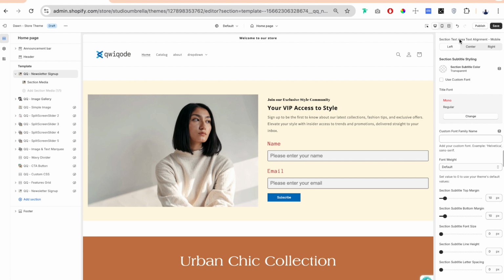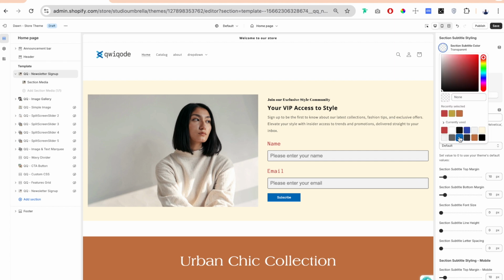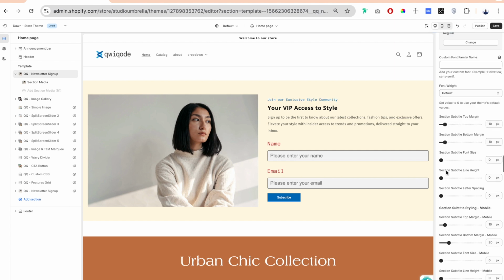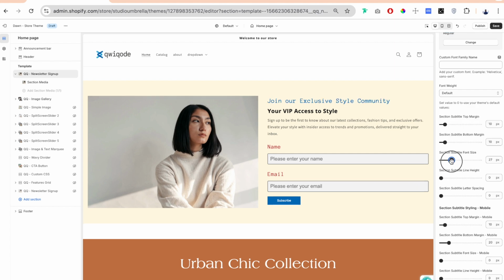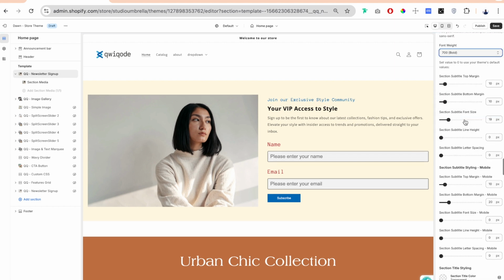And we also have the text alignment option for mobile. Okay, next we have the styling for the other text elements, and the first one is the subtitle styling. So maybe on color we can add a highlight like this and use a custom font like that. Okay, and maybe on font size we can have it a little bigger and actually a little more bold like this. Okay, and along with the text styling you also have the top and bottom margin, so that's the outside